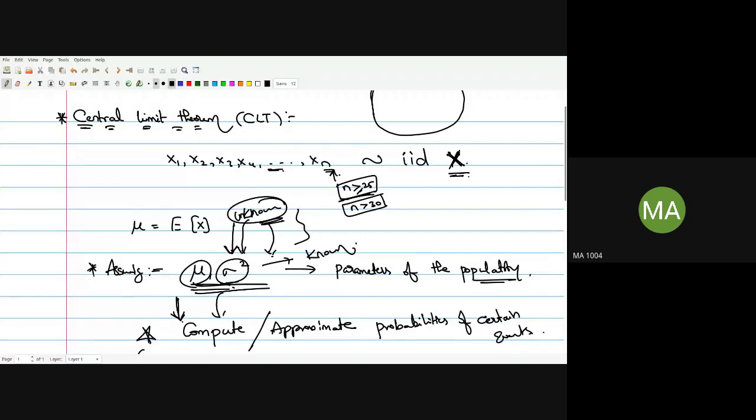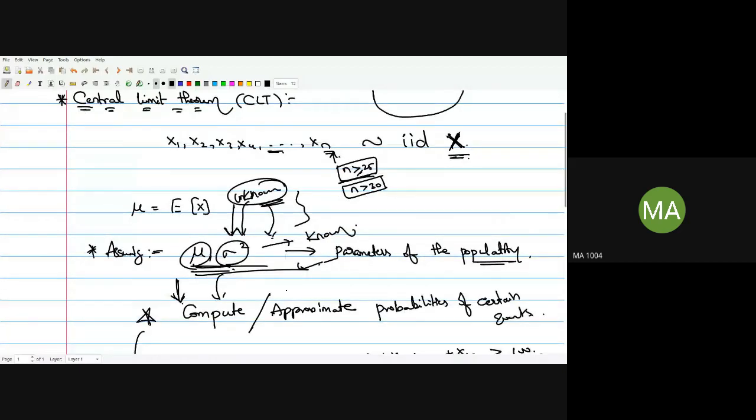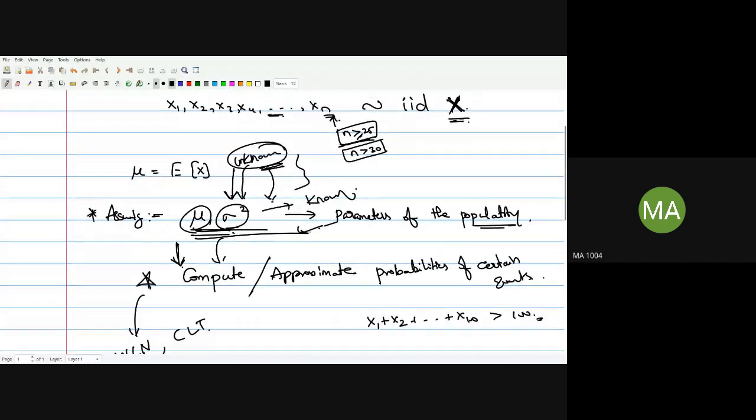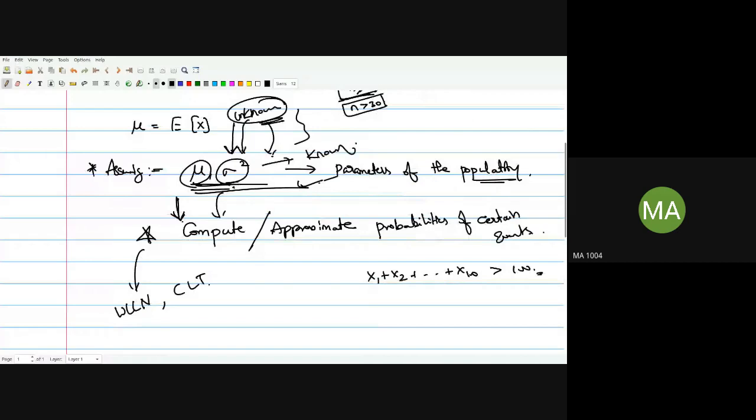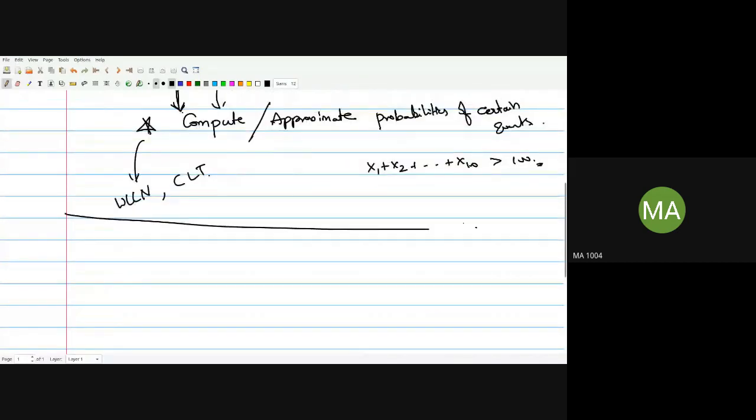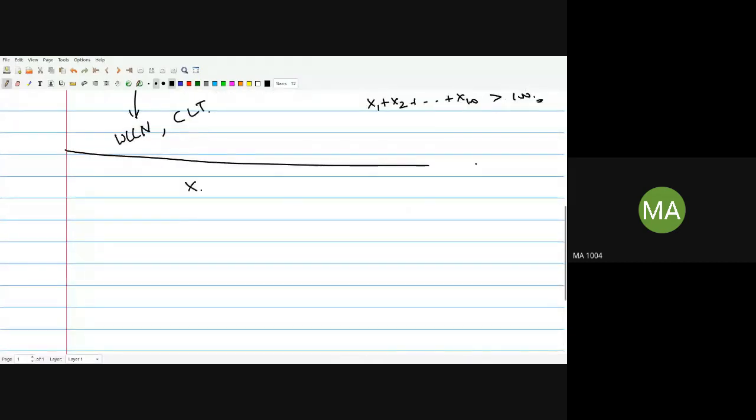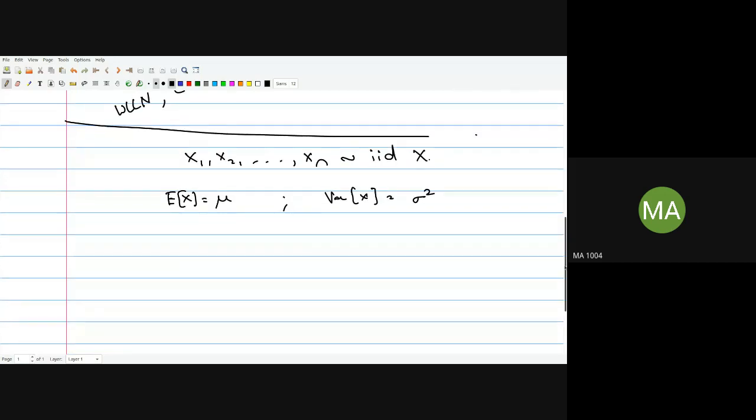Right now this is true. This is known. Mu and sigma square are known. What CLT says is, if I have sufficiently enough samples which are coming from IID X, and also if I know the expected value of x is mu and variance of x is sigma square, then